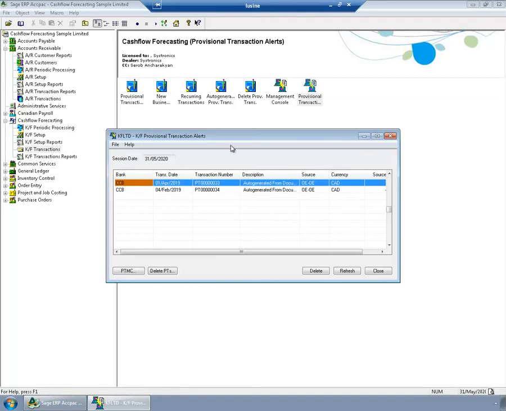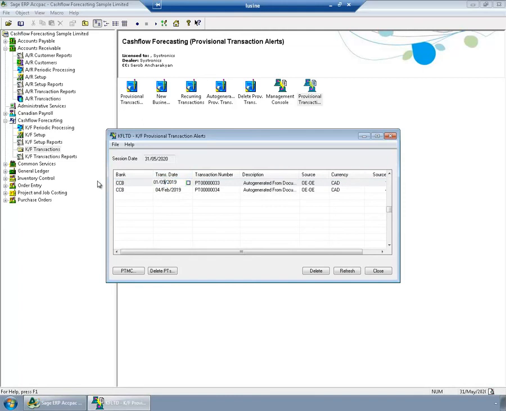For example, I have a transaction dated April 2019. It's like 1 year ago this transaction had to be either made actuals or we done something to it, but it's still sitting in my provisional transaction alert. What can I do for that? Okay, for this one, I know that this transaction, we have some issues with this customer and we didn't deliver the goods yet. So this I will change to